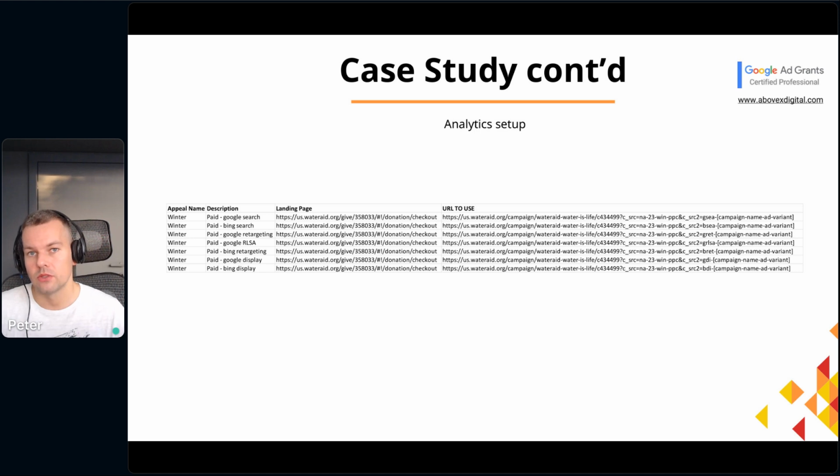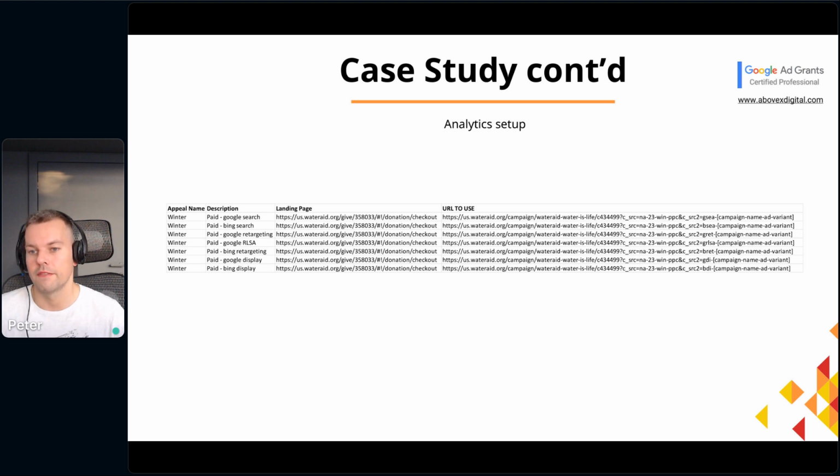All right, after we did that, so after we prepared the text ads and the banner ads, we moved on to the next step, which was the analytics setup. As you can see here, in these campaigns, you can see search, and they also use Bing, and they use different channels, and it's the landing page they used. And we used these URL parameters, right? So you can see here that after the URL, over here, we have this question mark, and then there are these parameters. There's one parameter, and then there's an ampersand symbol, and there's another parameter, right?